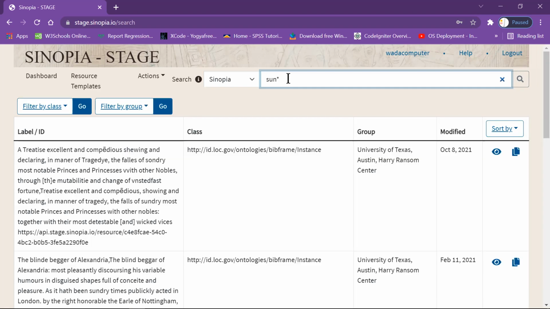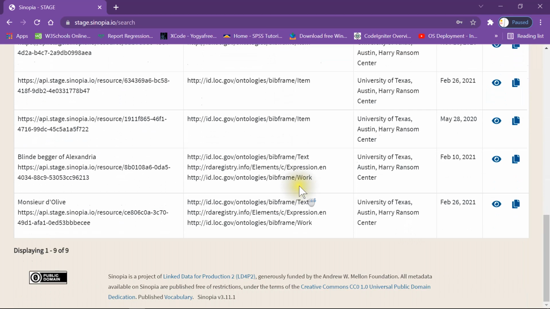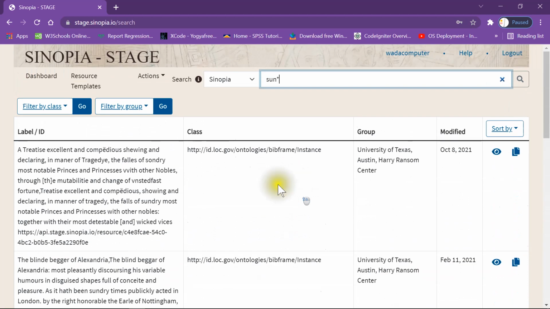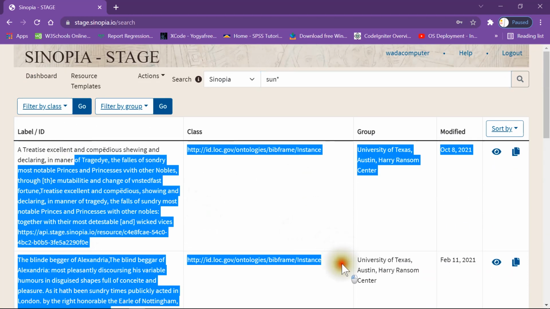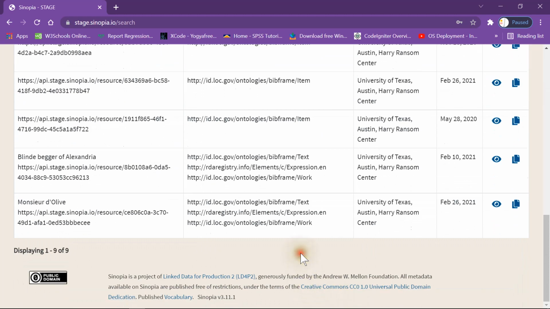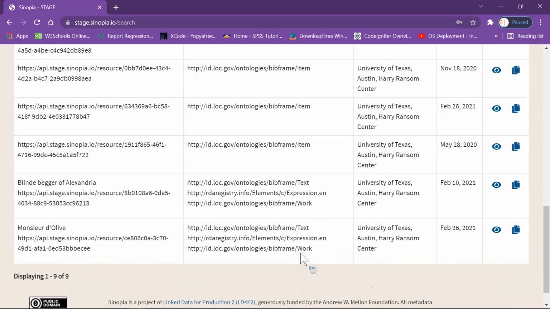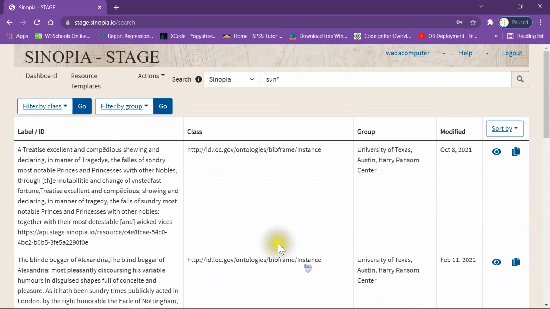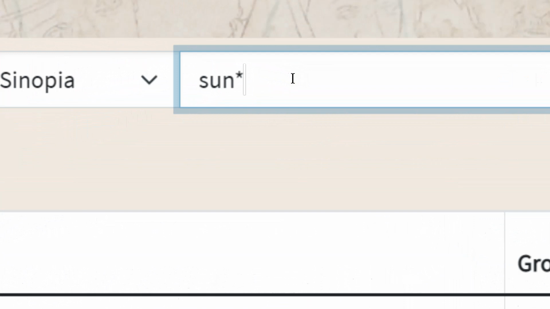I have pressed enter. You see, it has searched for the available entries that have been made on sun. And here you find them. You can see them here. There are not many, but about 9 of them. So that is the importance of using the asterisk to search for items